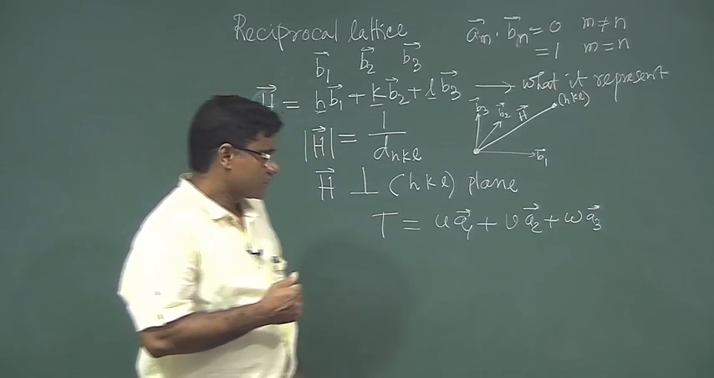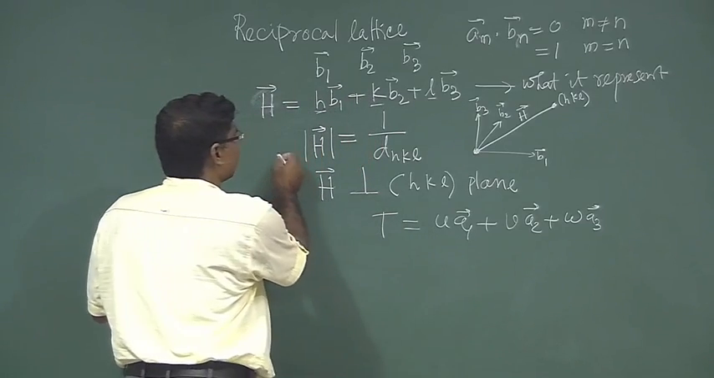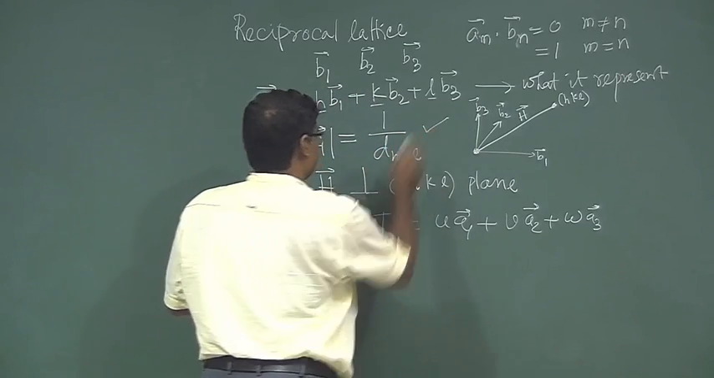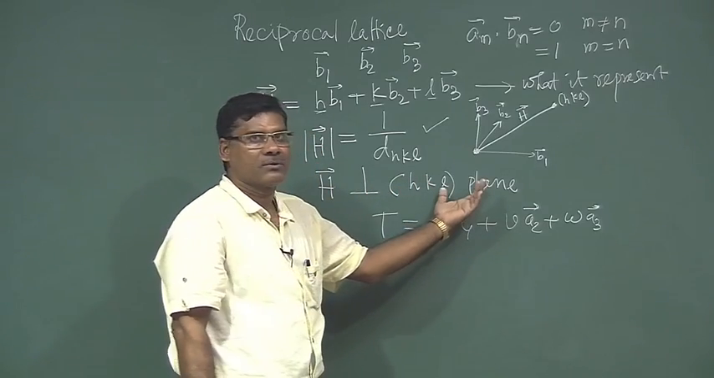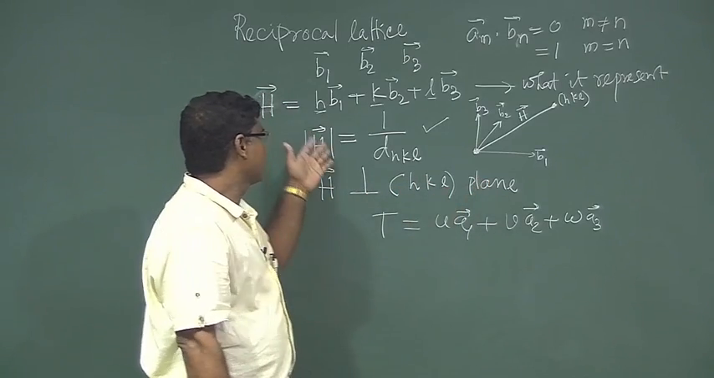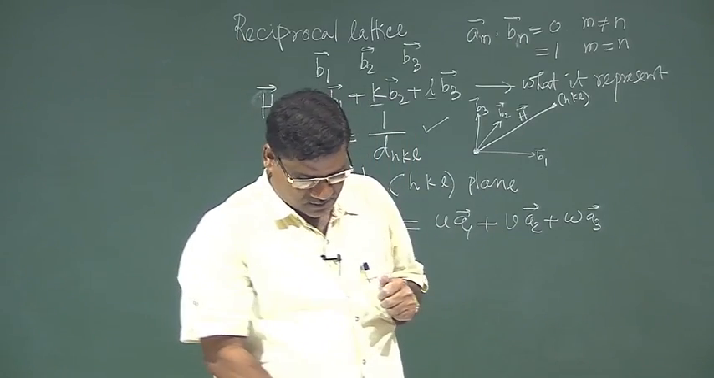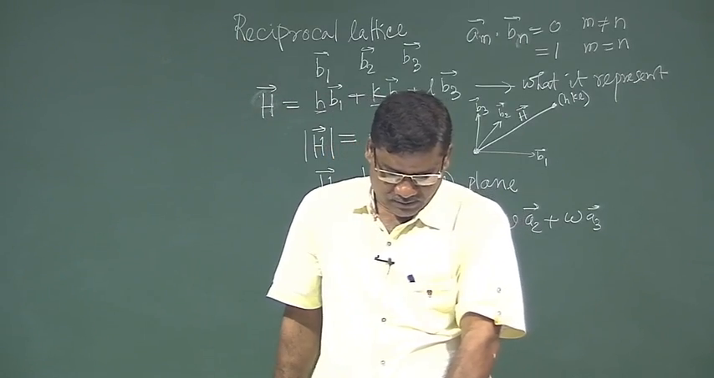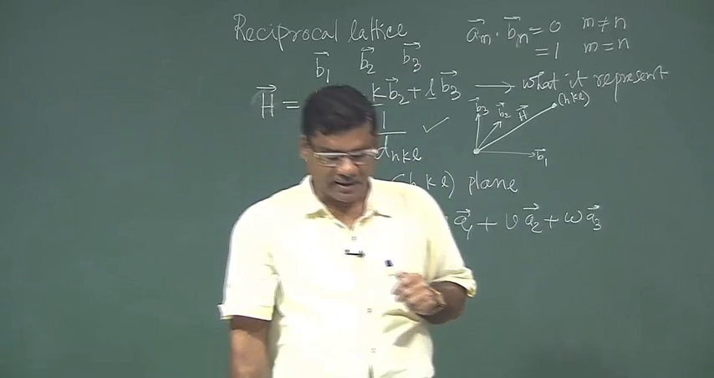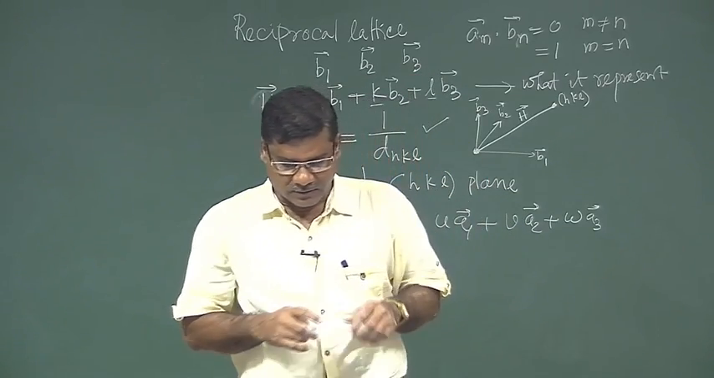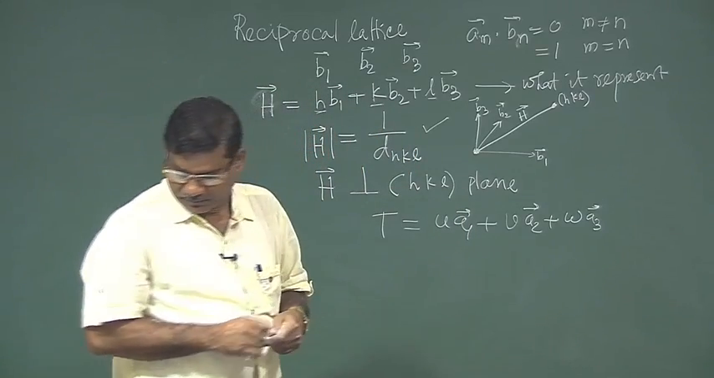Okay. So, now as I told, I have to show that H is basically perpendicular to the hkl plane and its magnitude is just the inverse of the planar spacing of the hkl planes. Okay. So, to show that one I have to